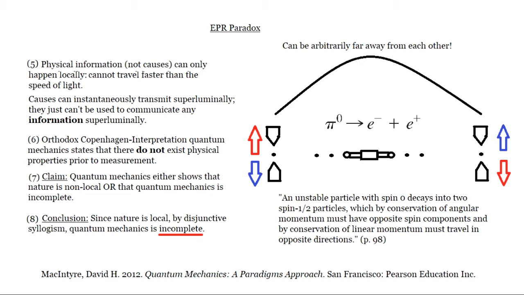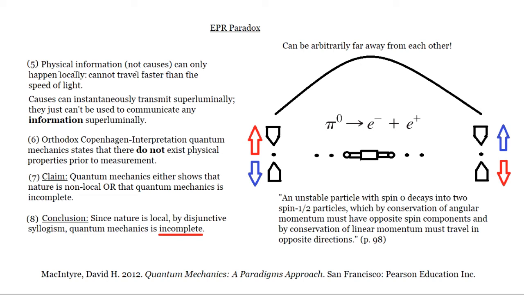Okay, so step number 6 says that the orthodox Copenhagen interpretation, which is what we're working with in this discussion, of quantum mechanics states that there do not exist physical properties prior to measurement. And so the claim is that quantum mechanics either shows that nature is intrinsically non-local, or that quantum mechanics is incomplete. After all, as we knew from the reality criterion previously, and as we've walked through these examples,